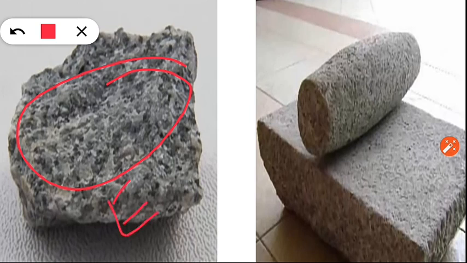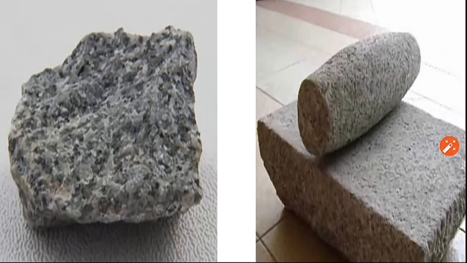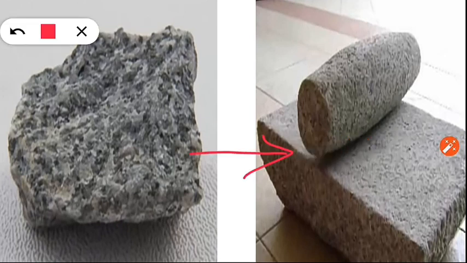As these rocks form outside on the earth's crust, they are called extrusive forms of rocks. One such example of this igneous rock is granite, or you can say a grinding stone that we use at our home for grinding masalas, spices. All this is an example of an igneous rock.